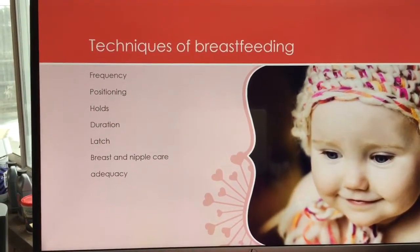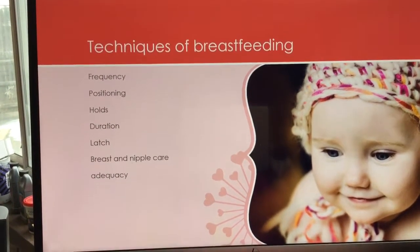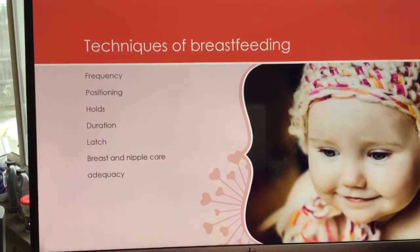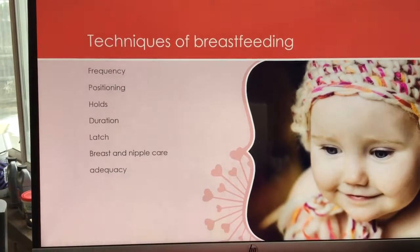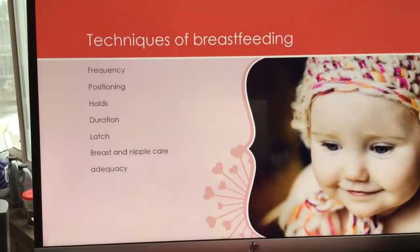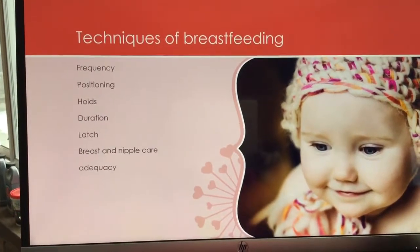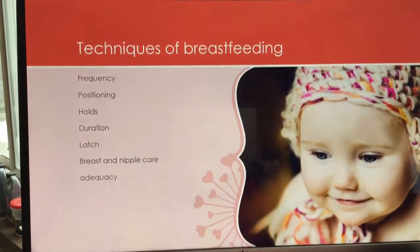We want the baby to take in as much of the breast as possible, and it's important that parents understand that. If the baby's on the nipple and just sucking away on the tip of that nipple, not positioned properly, not latched properly, that is going to create a lot of damage to the nipple tissue. Duration on the breast: ideally, the goal in the first 24 to 48 hours is to get the baby on the breast